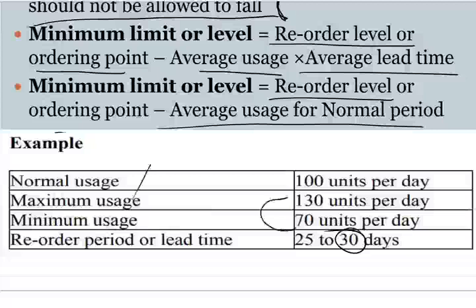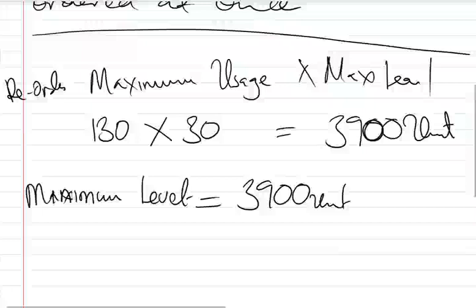So 130 plus 70 is 200. Divided by 2, that's 100. So you can actually use normal usage, or you can do the average. So in this case, 100, right? 100 will be minus 100